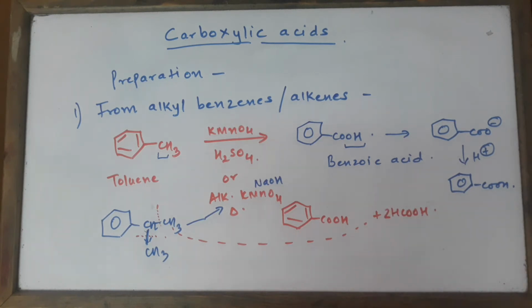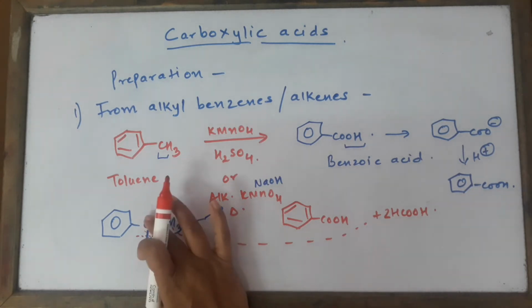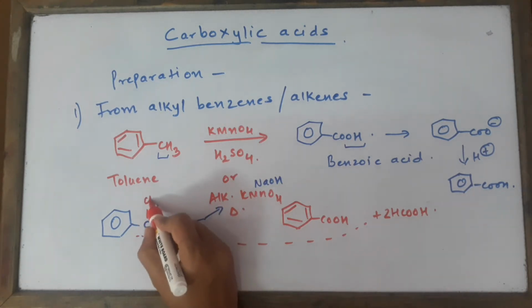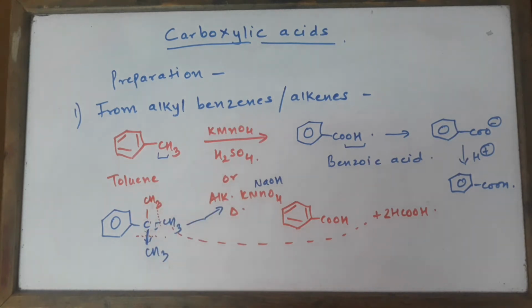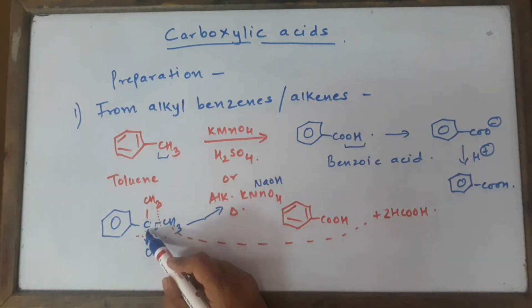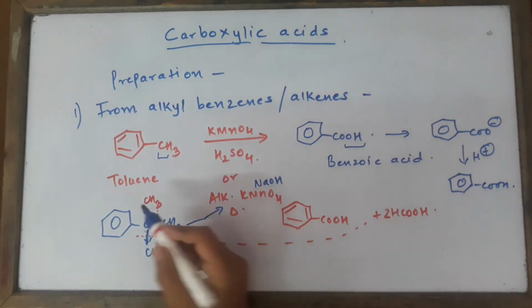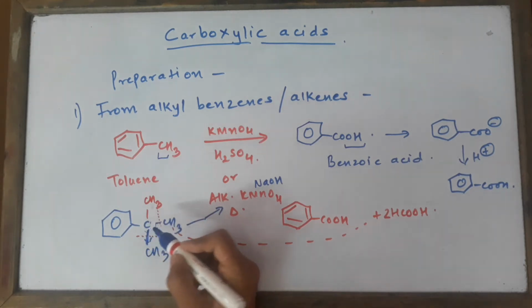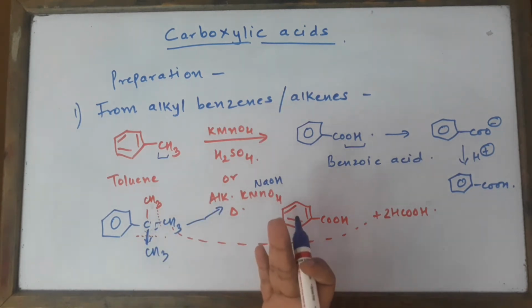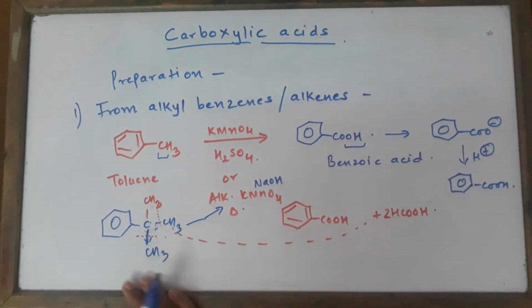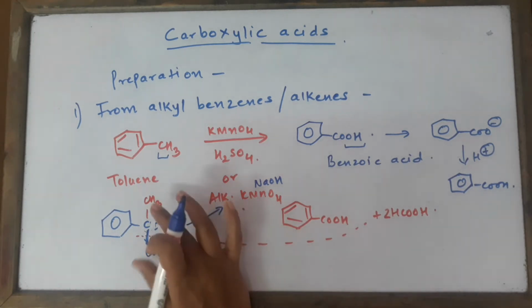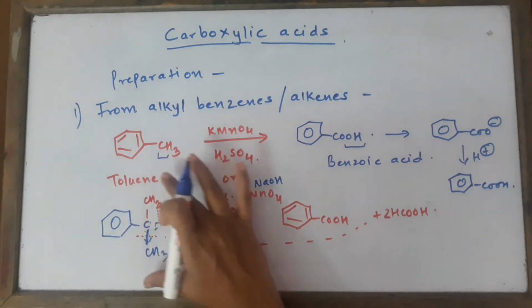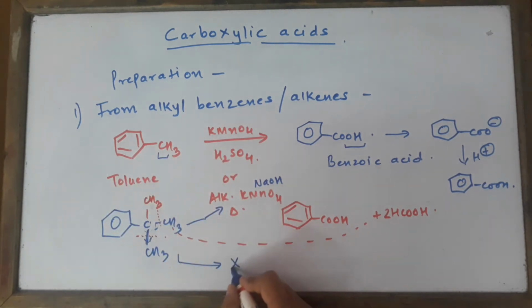So this was one thing. And second thing is that if I put one more CH3, then of course it's a very difficult oxidation reaction because there is no alkyl hydrogen atom attached over there. So if there is no hydrogen on this carbon atom, that is this benzylic carbon atom, there will be no oxidation reaction taking place, and this compound, that is your tert butyl benzene, is not going to undergo any oxidation with the acidified KMnO4 or with alkaline KMnO4.